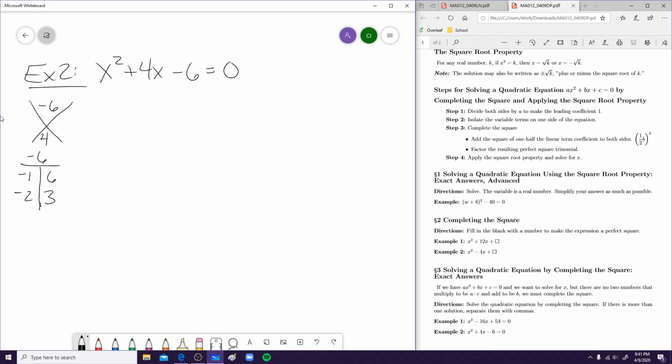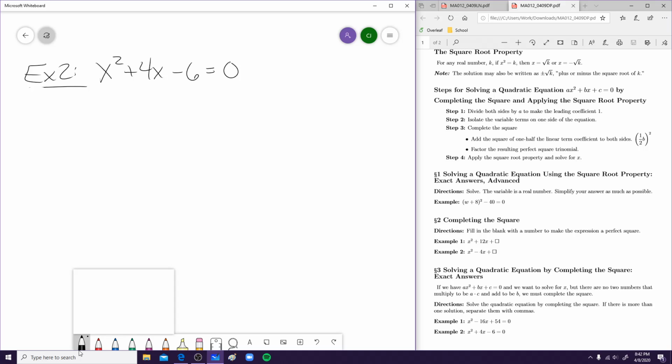So negative 1 plus 6, that does not equal 4. Negative 2 plus 3, that also doesn't equal 4. So therefore, we cannot factor this nicely. Because we cannot factor it nicely, what does that tell us? We're going to have to complete the square. Okay, so this didn't work, so let's erase it. Okay, so now,